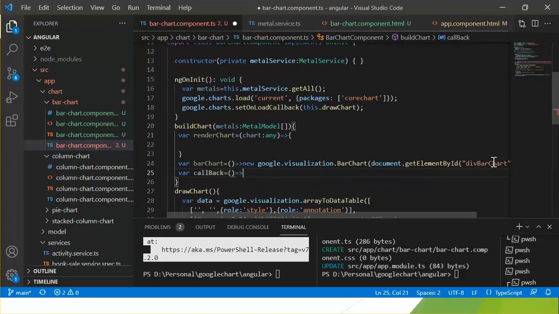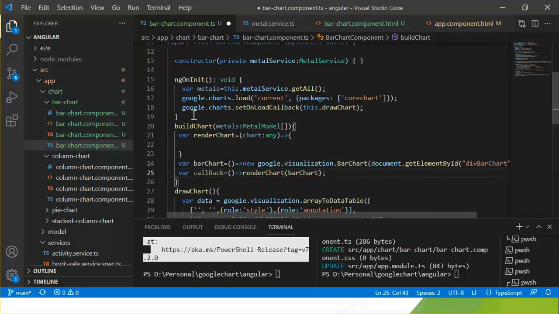This method exactly calls this method. Now call this inline method render chart and pass this method as a parameter.